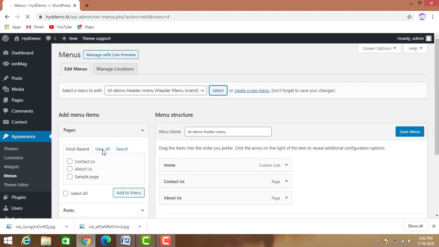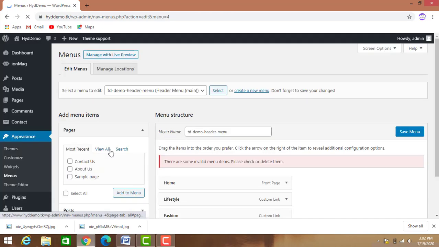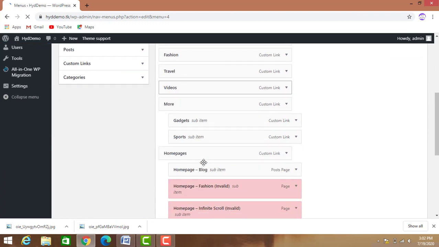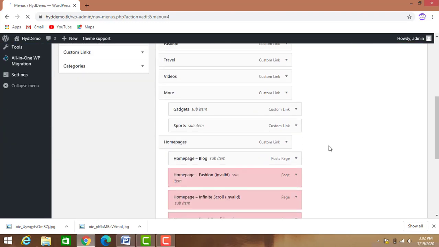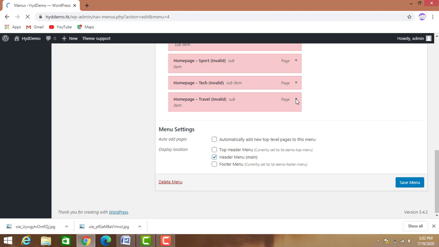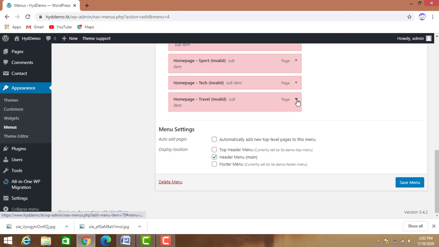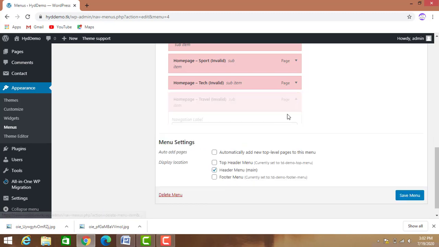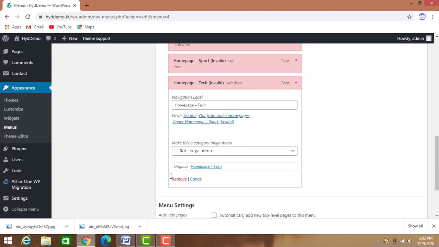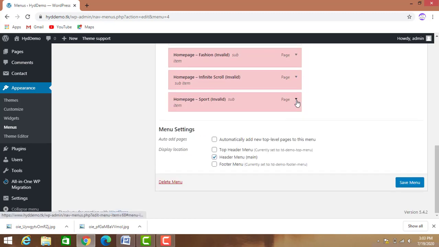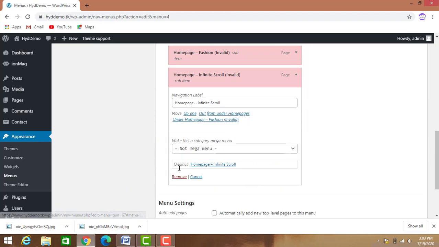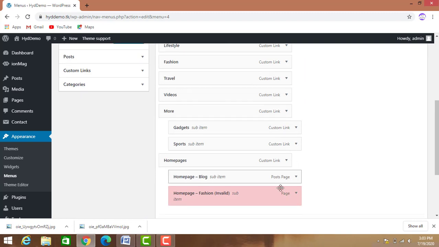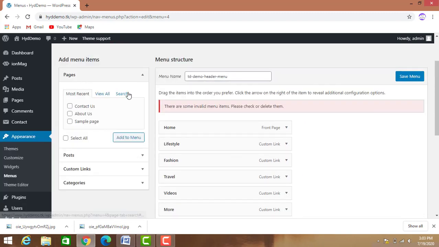After that you need to give view all. Okay. See, these all are the demo menus. You need to delete all these things. All demo menus you need to delete one by one. Like that you delete all these things.